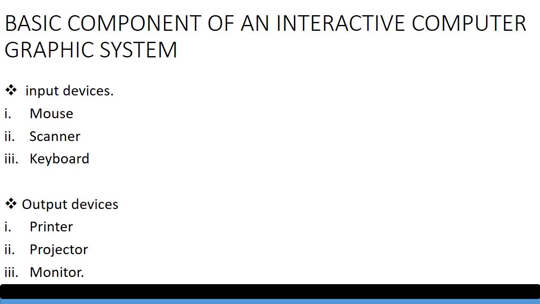So, output devices, we have printer, projector and monitor. With the help of a printer, we can have a hard copy document from our systems. We have a projector. A projector is nothing but an output device that provides a means of visualization for a large